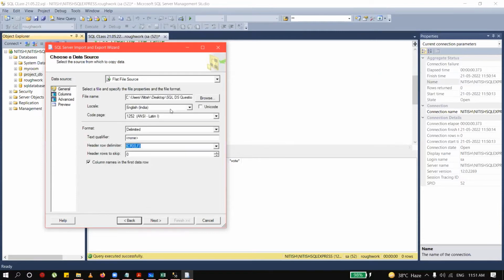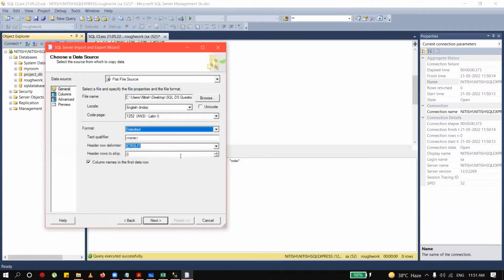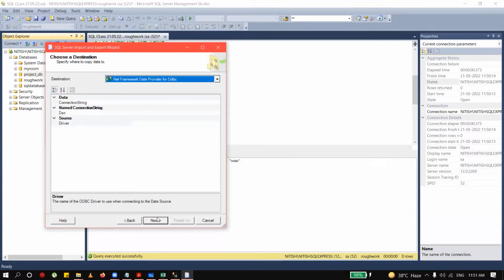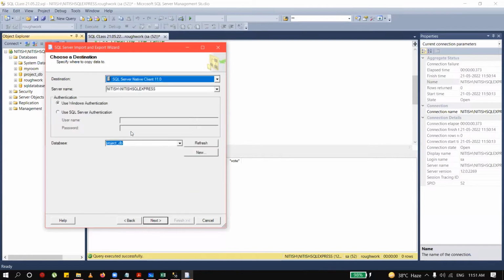Back. Delimited. Format delimited. Fixed width. Cancel. So check it once more. And next, I like to keep it on the destination SQL Server. The database is my rough work. Next,